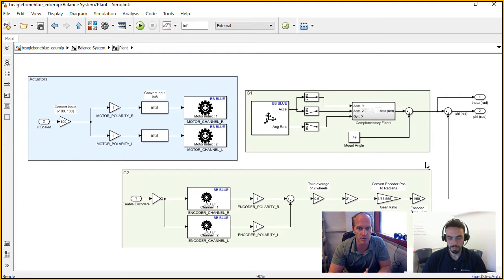So in the plant we have ultimately what we're measuring on the eduMIP, right? We have our motor encoders that we see in the bottom. There are two channel encoders, a right wheel and a left wheel, and those get averaged. And we have some gear ratio that we have to account for. But ultimately, we're getting our wheel location, in G2, and then in G1, it's the inner loop plant. We're using the accelerometer there and a complementary filter on the Y and Z accelerometer and the gyro to output an angle of the